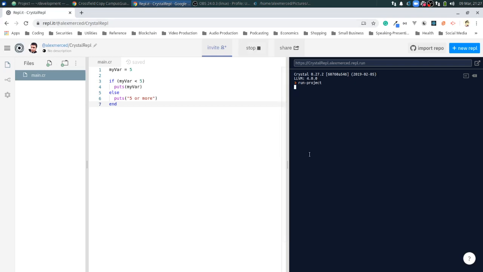So let's run that. So it should put 5 or more. Let's see here. When will it run? Yep, 5 or more. Okay, so it works. Okay, so that's pretty straightforward. And then loops. Now,